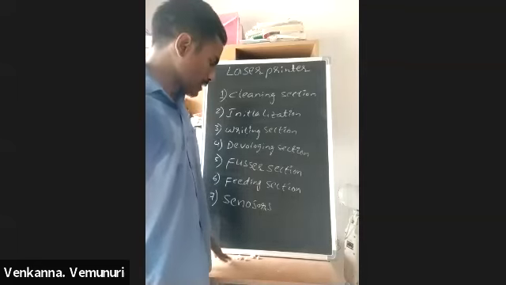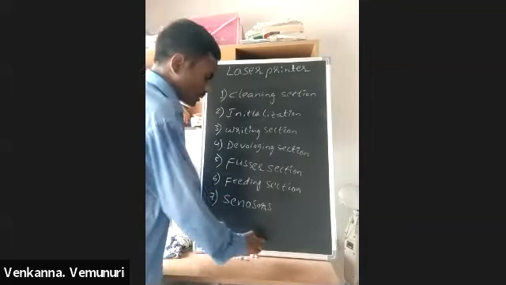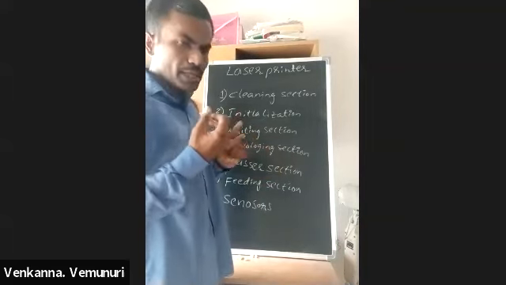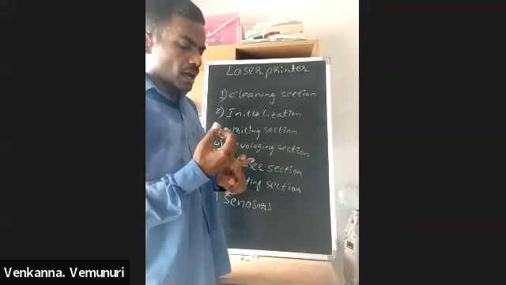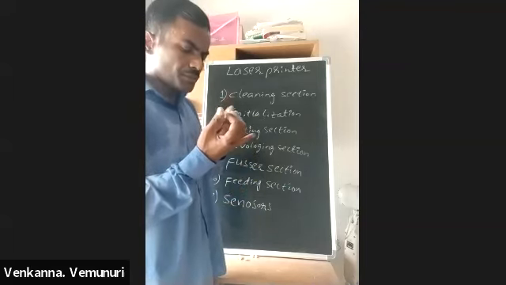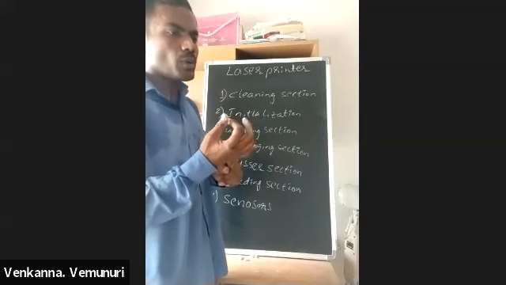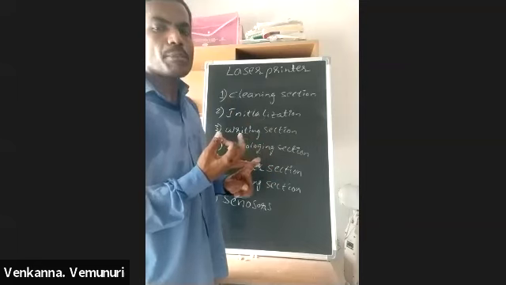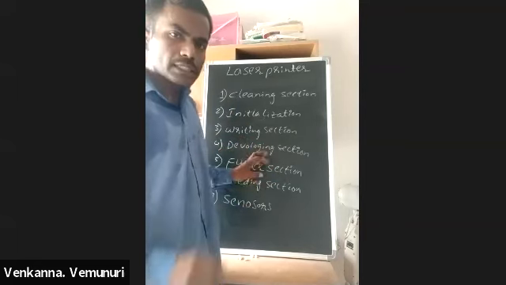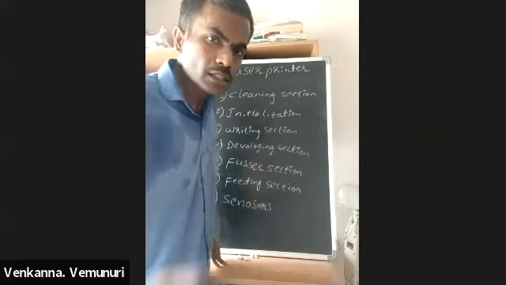4 sensors. One is the paper detecting sensor, second one is the cartridge detecting sensor, third one is the top door or front door detecting sensor, and fourth one is the paper out detecting sensor. These are the common sensors.